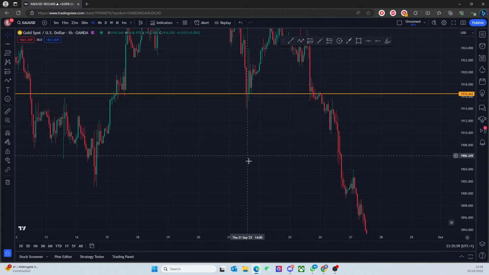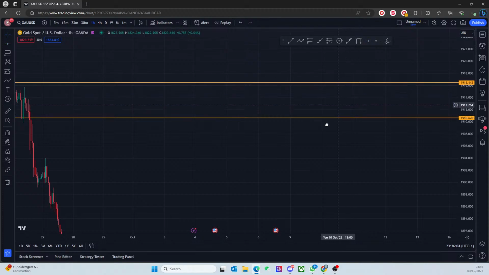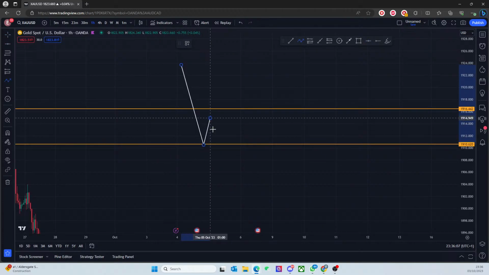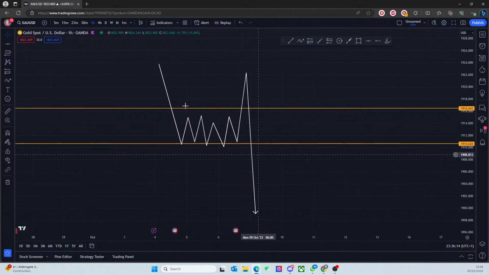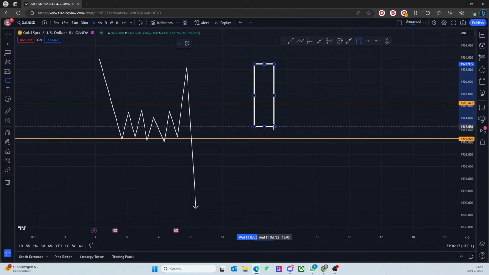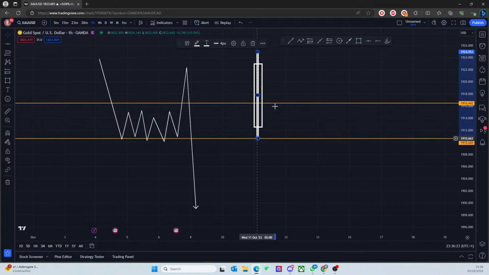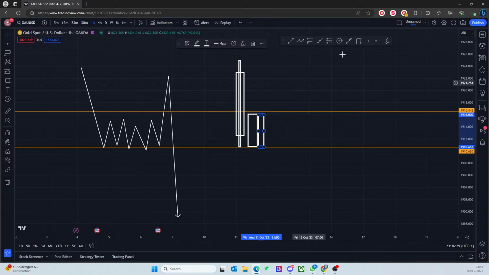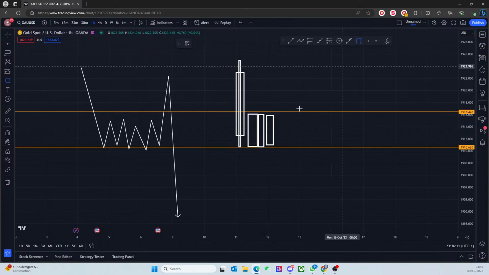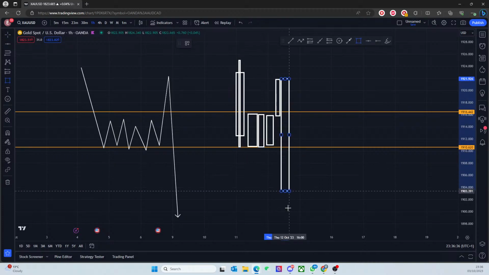Wick entry, does that mean break of the highs? No. So wick entries are, for example, if you have these two ranges, right? Say you ranged here. We're looking for it to come down, but we need a liquidity grab. So it does this. In terms of actual candles, you're just ranging up, ranging down, ranging up, and then potentially getting a fake out here, getting a fake out to come down.